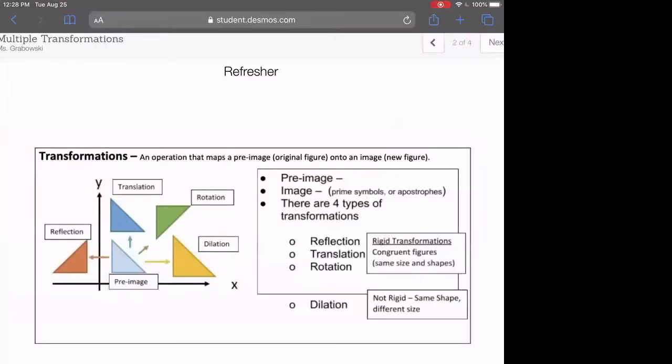So we've already learned about translations, dilations, reflections, and rotations, and now we're going to put two of those together. So I'm going to go to the next slide and give a little bit of a refresher, and then we will go through two examples. So we have already seen this on our notes pages in the previous two lessons, but I just wanted